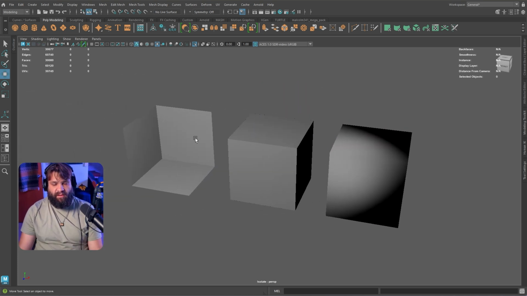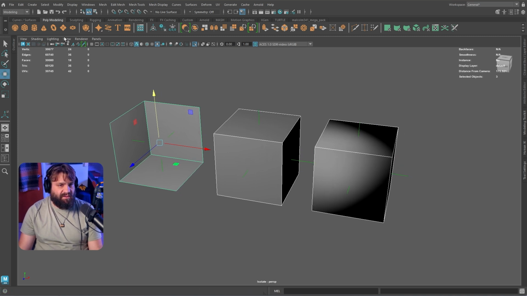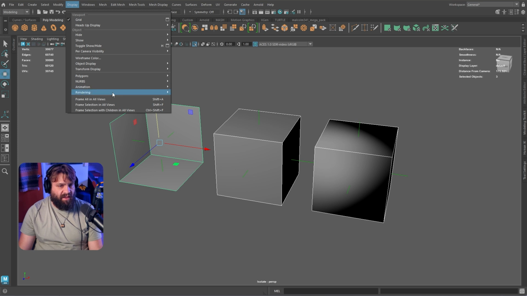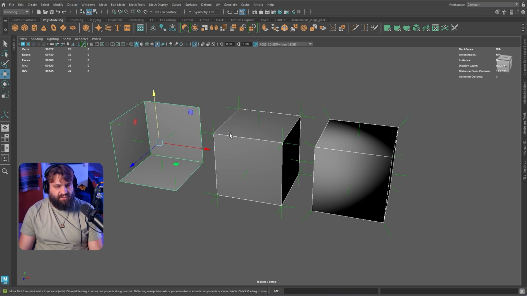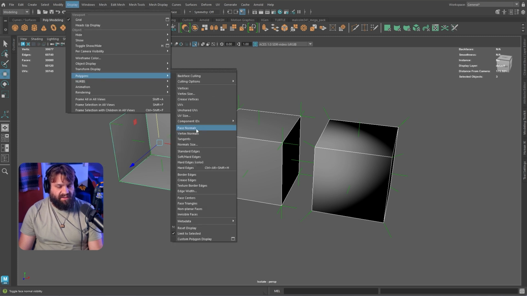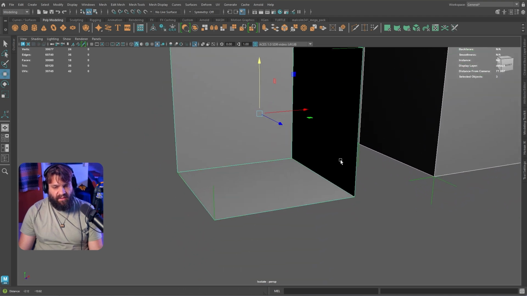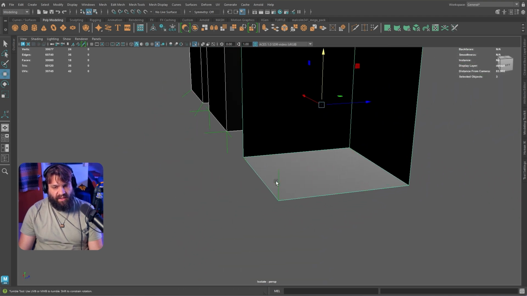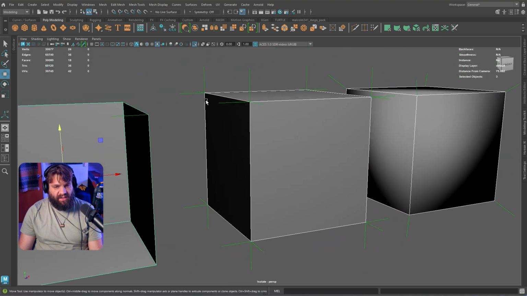But before I do that, I also want to show the actual normals over the vertices. So I'm going to go up to Display, Polygons, and show the vertex normals. And just to make things a little less confusing, I will turn off the face normals. So you've got face normals, and you also have vertex normals. Let's take out the face normals and have a look at these. These here are pointing inwards. They're going to be a bit hard to see, but as you can see here,